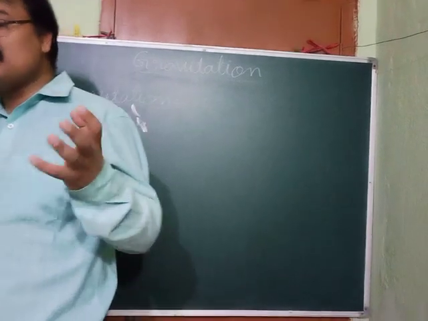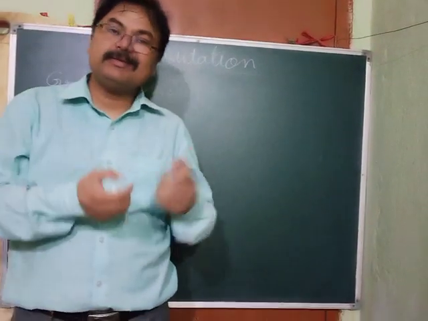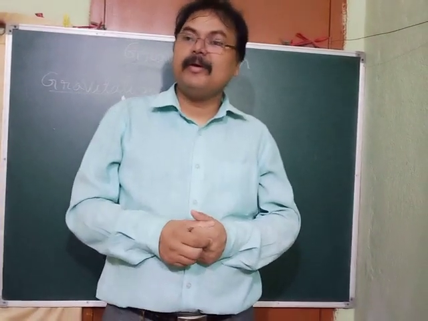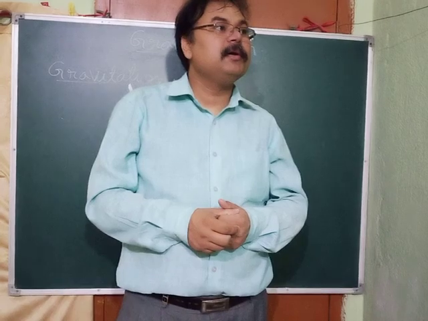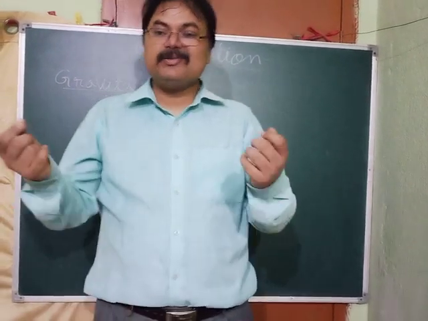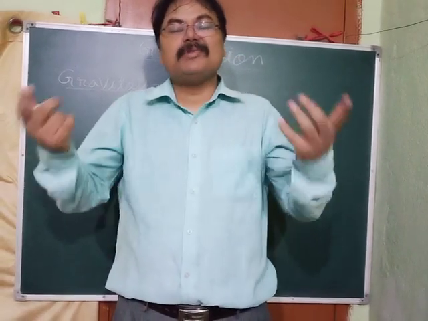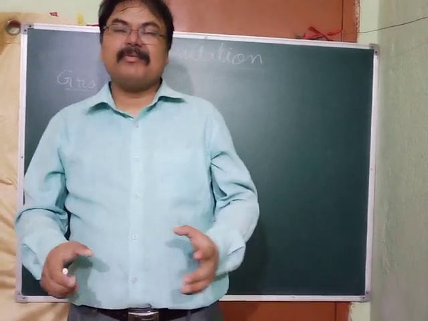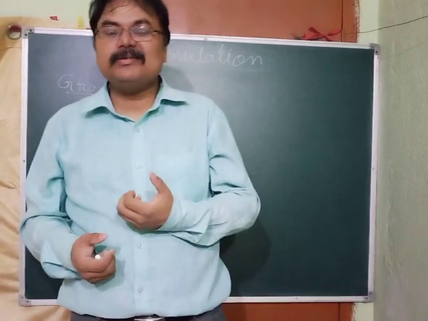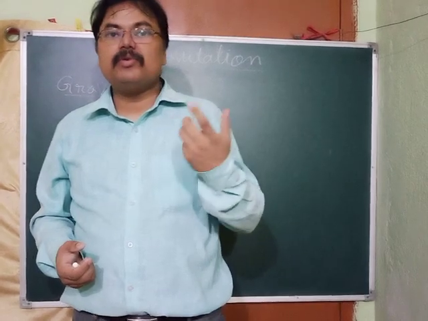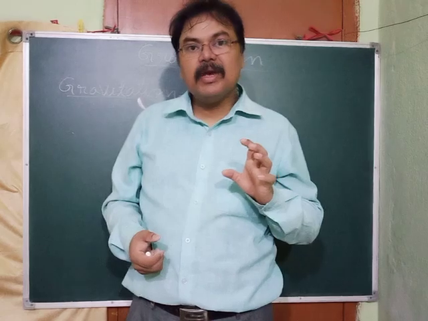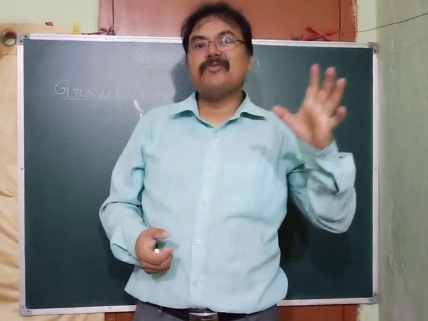Now see, you might have heard about different types of forces. Like magnetic force, which arises due to magnetic property, magnetism. Electrostatic force occurs between the charges; charges produce their electric field, and that's why this force occurs. And when we come to the gravitational force, what is the quantity due to which this force arises? This force arises due to the mass. So I should say mass is the source of this force.